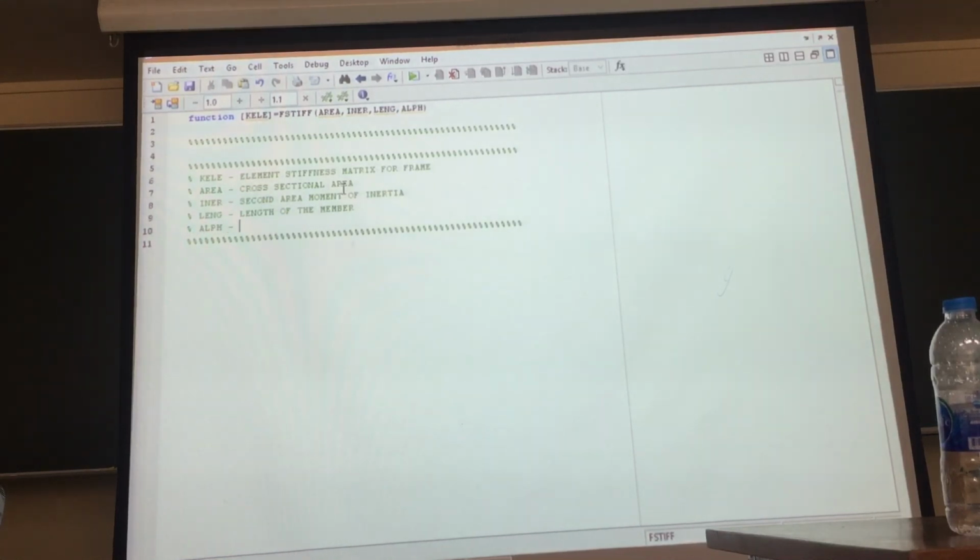ALPH means orientation, which is referred to the x-axis. Alright, so if you have more and more variables,